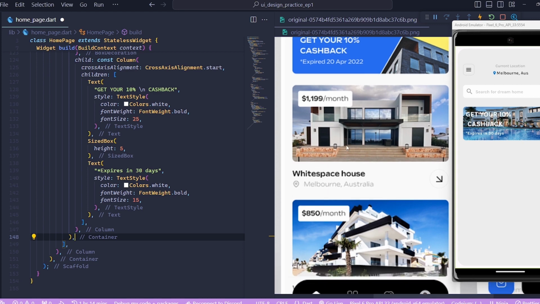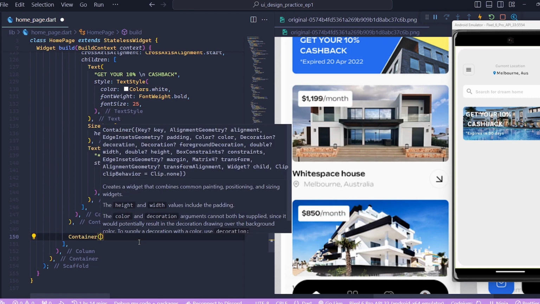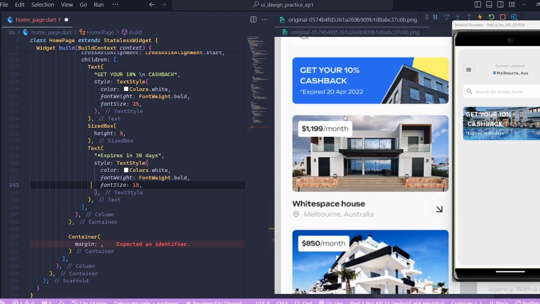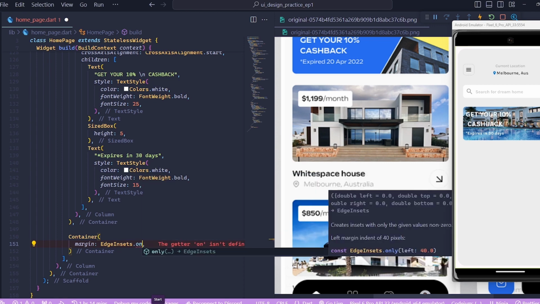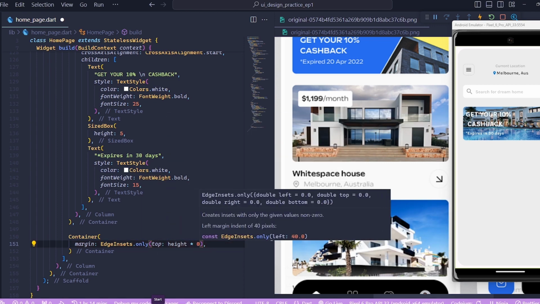And then after the stack in the column, we can have a row, so we can show other details about the house. All right, so let's just create it. And as I said, we need a container. So container, then we need a margin before all of that, because you can see the spacing they have from top. So we say EdgeInsets.only top, and let's say for example height times